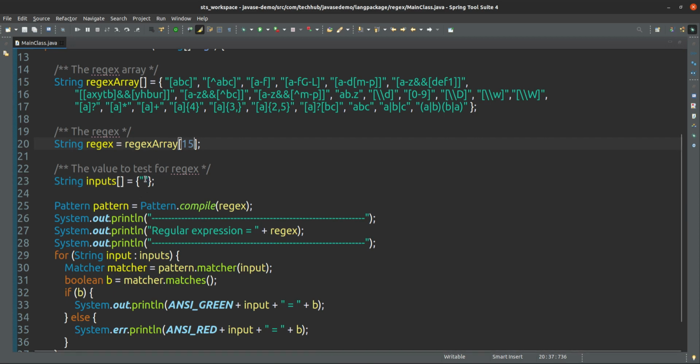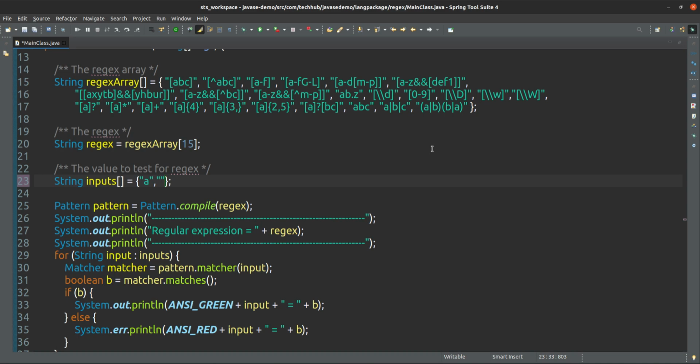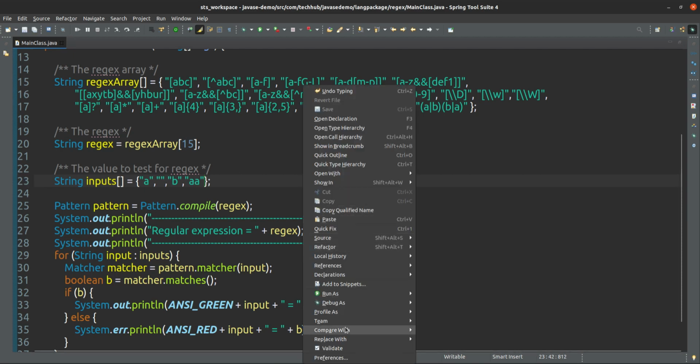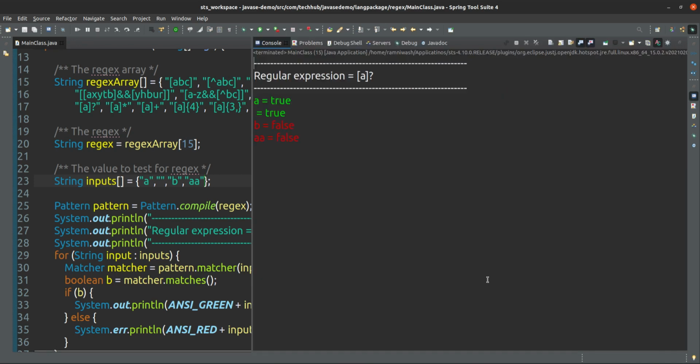For this regular expression 15, if I type A, that is fine. If I don't type A, that is also fine. If I type B, it is not accepting. If I type A 2 times, that is also not accepting. If I run this one, you will see, yes, it is passing, because I am telling A should occur only one time or not at all. So if it is not at all, then it is an empty string.